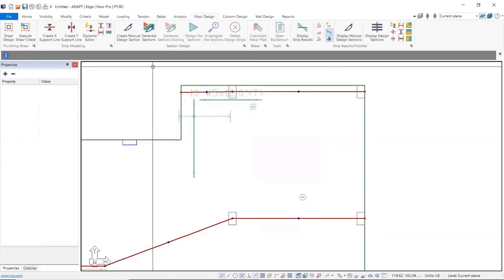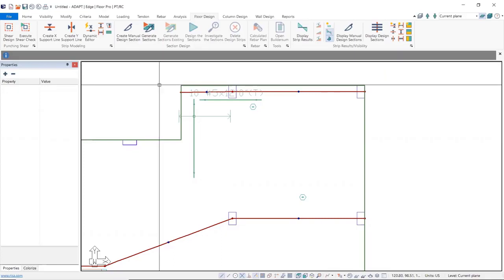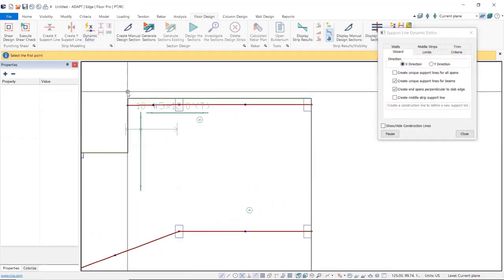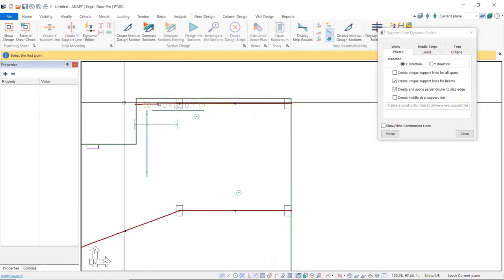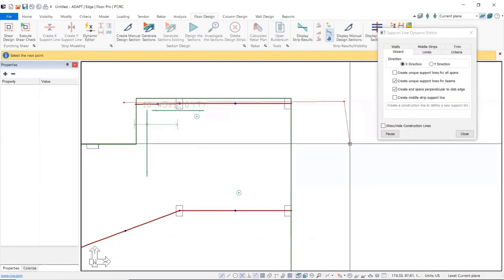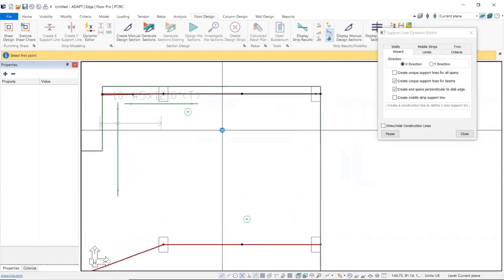What our support lines do is they create section cuts through our structure to take the finite element analysis results and display them for us for things such as moment, capacity, demands, deflections, and things of that nature. So I'm going to use our dynamic support line editor. This is a really useful tool for quickly setting up support lines. If I simply draw this line through my columns, the program is smart enough to determine, and I have to press the C button to finish,